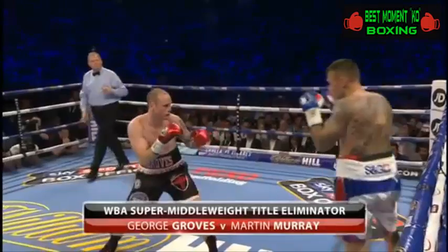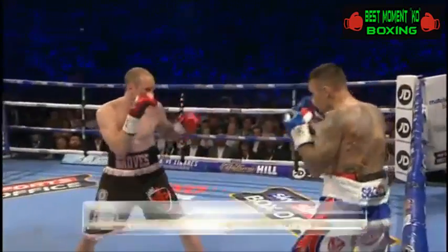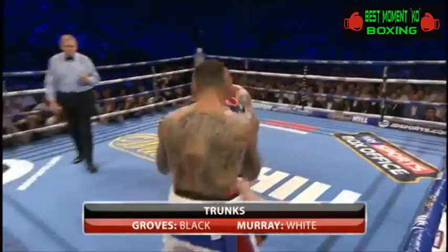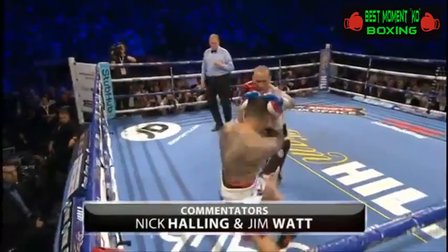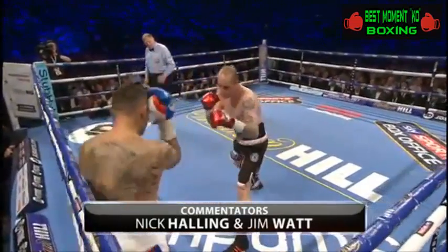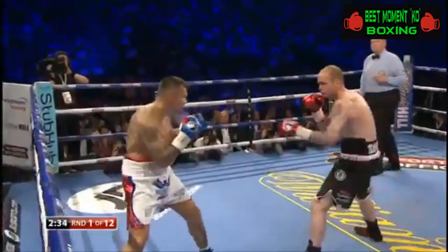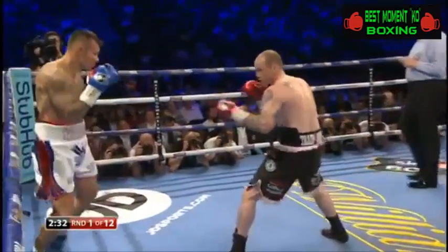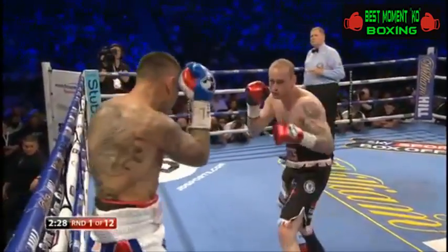In the white with the blue and red trim. Groves, the good starter, looking to try and find his range here early, looking to try and get that jab going. Yeah, I think that's the key to the plan of Groves, is get the jab working, keep Murray at long